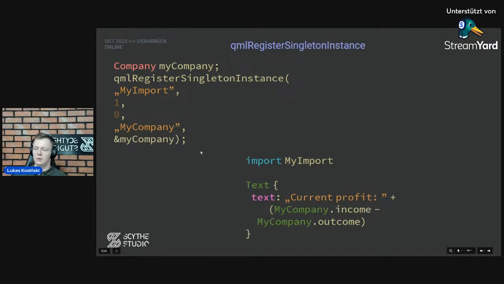After you call that, in QML, you call import with the name of the module that you provided. And then you can access your C++ object thanks to this name, and you can access the properties of this object just like we defined earlier.